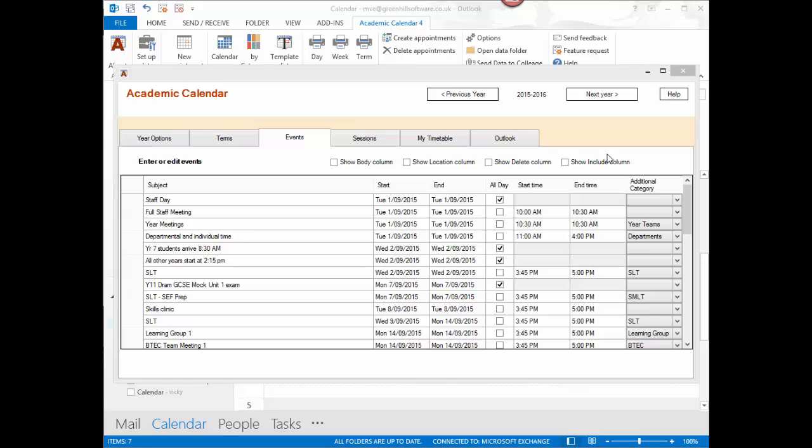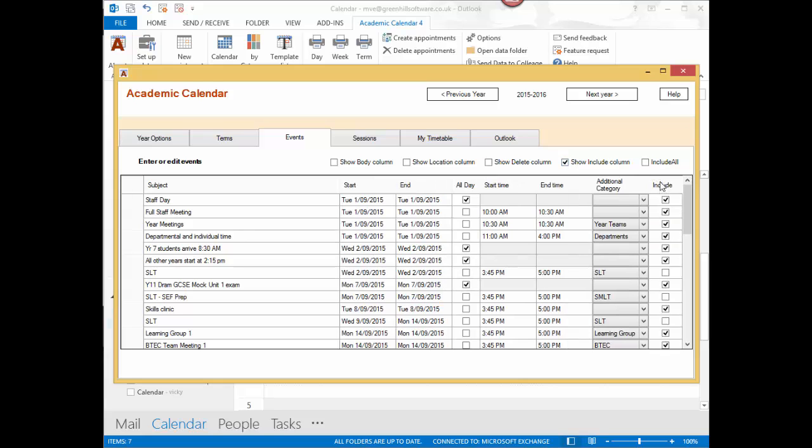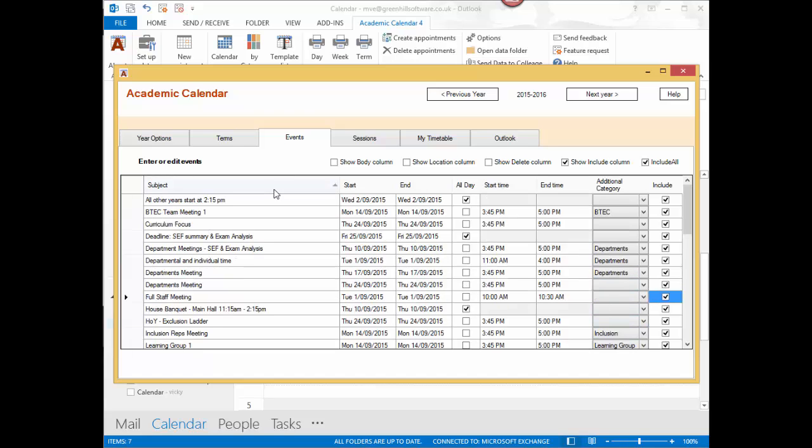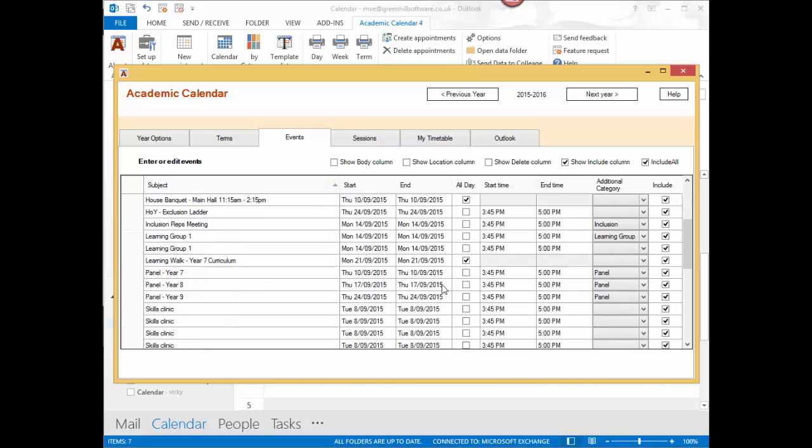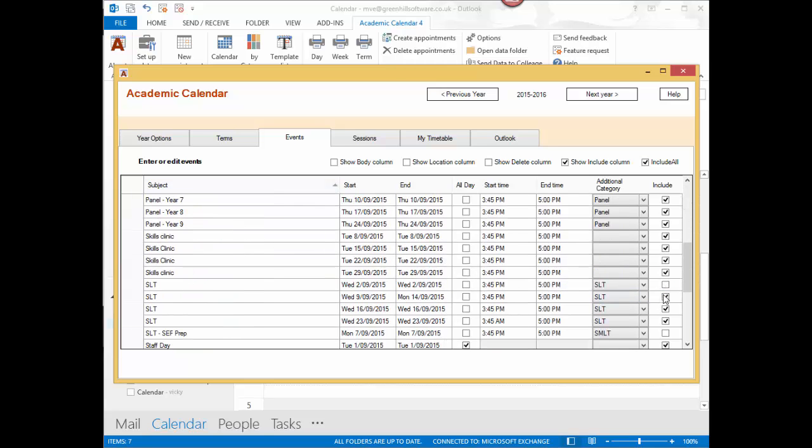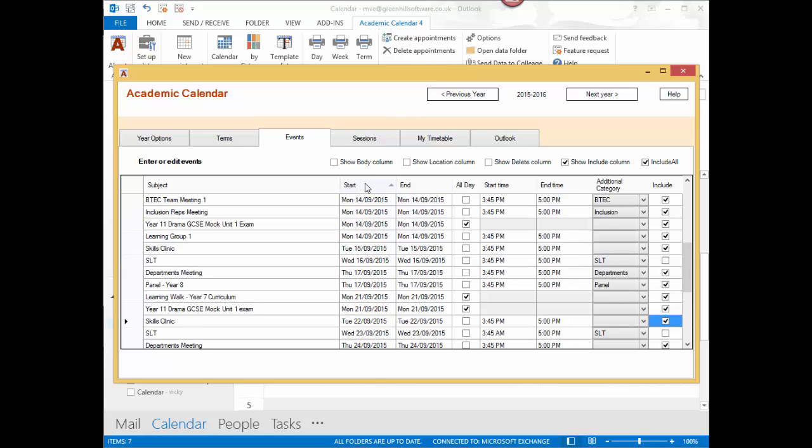These tick boxes enable me to show columns which are optional and are currently hidden. I'm going to show the Include column. An extra column has appeared here, Include, with many of the boxes ticked. I'm going to make sure they're all ticked, and then I'm just going to untick the SLT ones. Quick tip, instead of looking for them all through the rows, I'm going to click to sort on subject. That brings all the SLT ones together, so I scroll down. There they are. I can just make sure that all the SLT ones are unticked, and then I can click on Start to resort them in the proper order. Now I can close